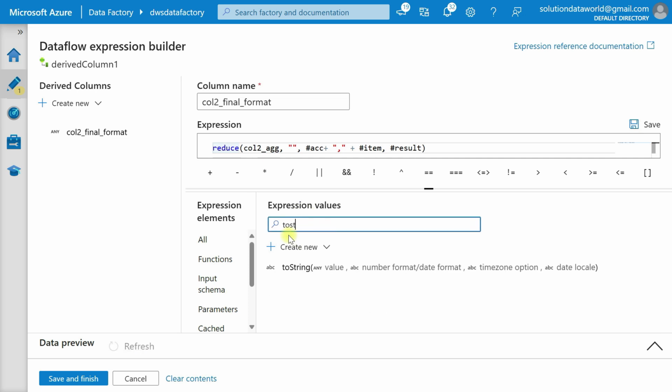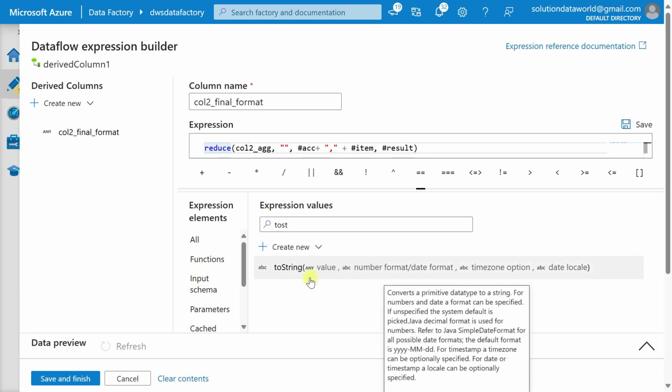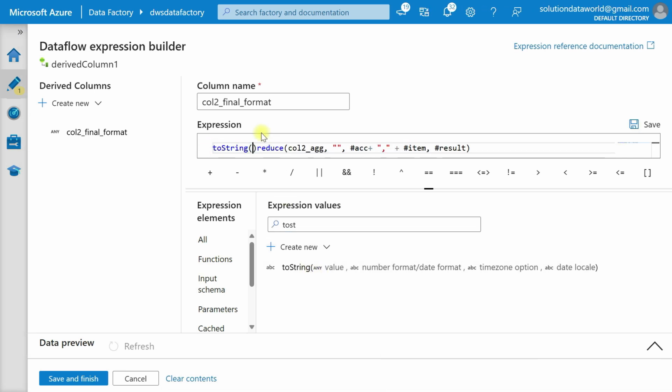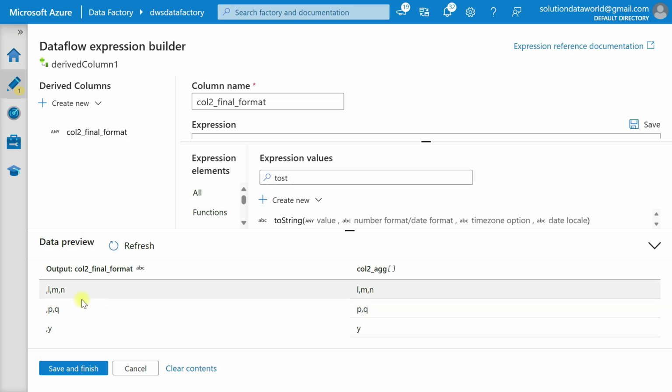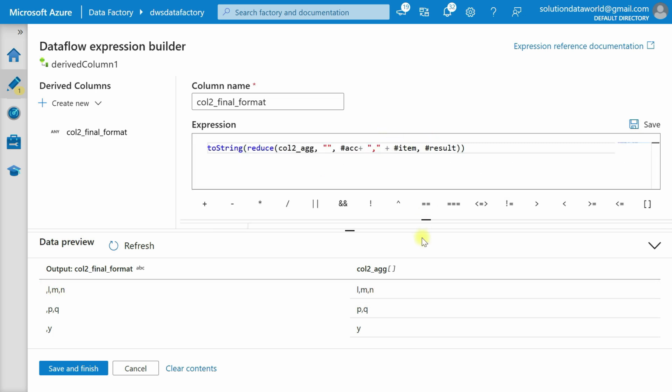If you find here, go to select first and click on this, and remove the closing bracket and write the closing bracket here, and you can refresh to preview data. Let's wait, data is fetching, and you can see the input string is this array format, and here is the output string: l, m, n. But at first you can see the comma,